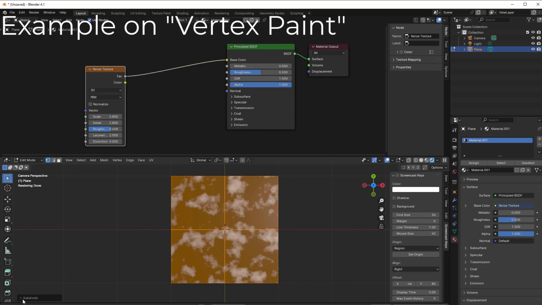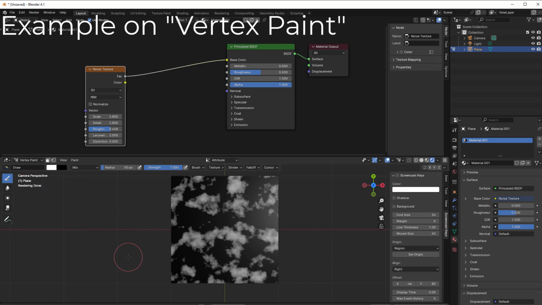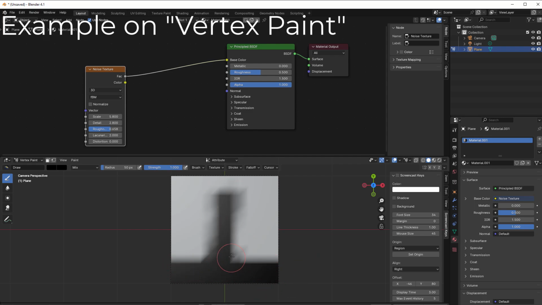Vertex paint is something that we use mostly in games. So here you have total control. You need some polygons, but then you can go into vertex paint and paint in different kinds of colors. Here I just use black and white to show you how it works. So now I have selected the vertex paint and move the cursor and do some pattern here, and if